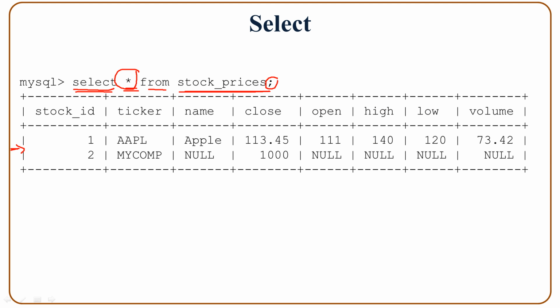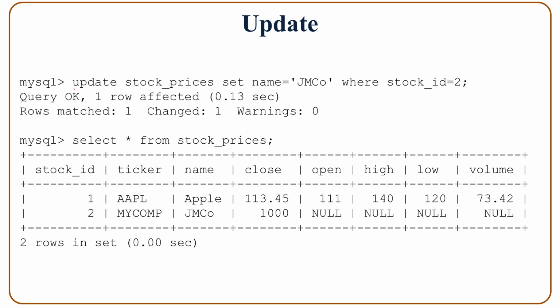So here I say update what? Update this table, right? Update stock price, and then I specify the action here. The action is set this field, that is, set the name to this string where this condition, right, where the stock ID is equal to 2. So MySQL will look for the record that has stock ID equal to 2 and set the name to JM